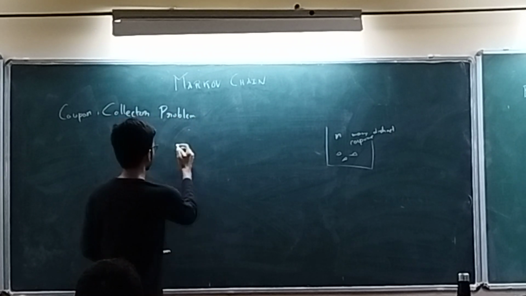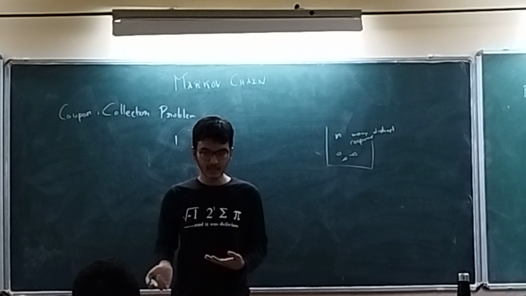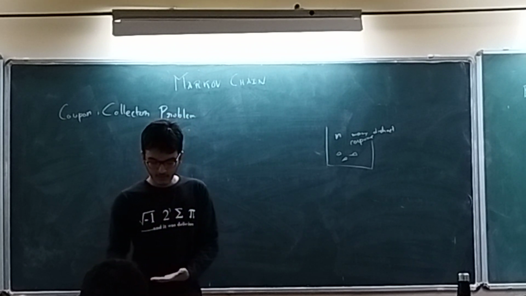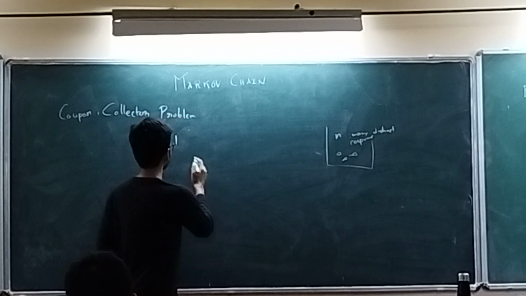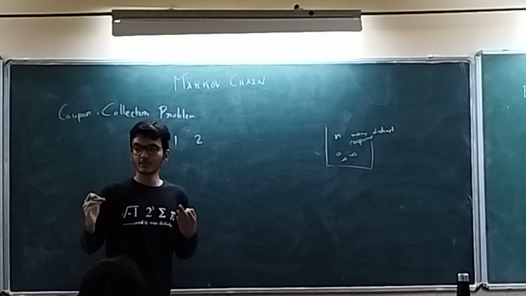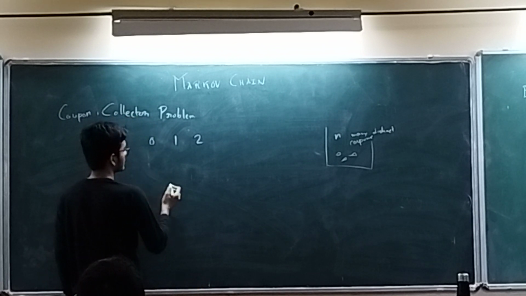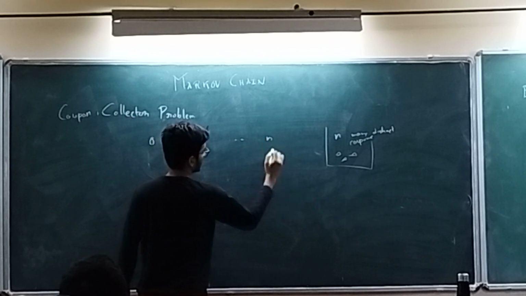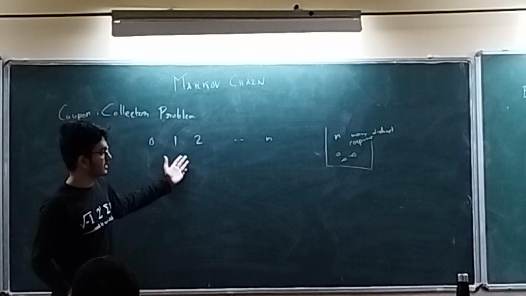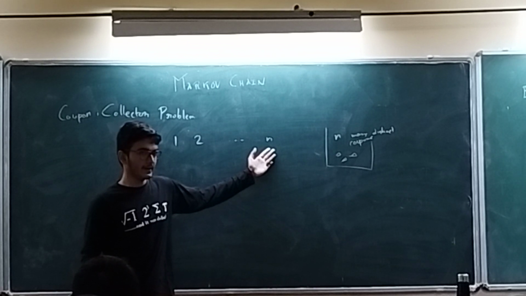So he writes down 1. And he picks another coupon. Let's say he gets the same coupon again. Then he stays at 1. Otherwise, if he gets a new coupon, he adds 1 to this and he has 2. So he is basically counting the number of distinct coupons that he has collected. It starts with 0 and goes till n. Now the interesting thing to ask would be what is the expected time for the coupon collecting to reach n.